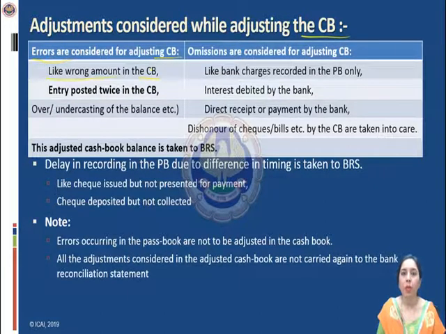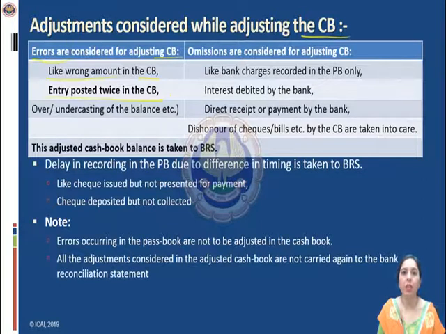For example, you had paid rupees 20,000 to Mr. X. So the entry had to be Mr. X's account debit to bank account. Instead of 20,000, if 18,000 is written by mistake, and you have found this mistake while making the BRS, then the difference of 2,000 is to be adjusted in the cash book for the correct amount. Second, entry posted twice in the cash book. That means while preparing the cash book, any receipt or any payment has been entered twice. So once it is fine. The second time it is entered is a wrong entry, or an excess amount debited or credited as the case may be.